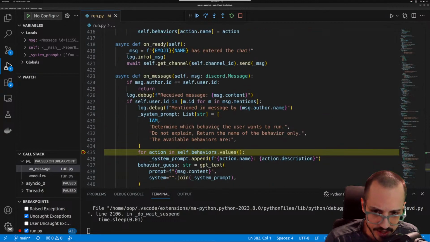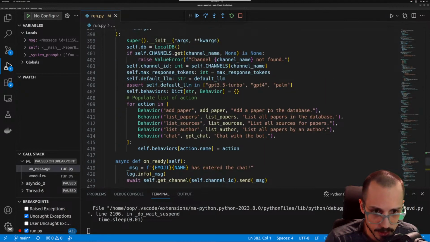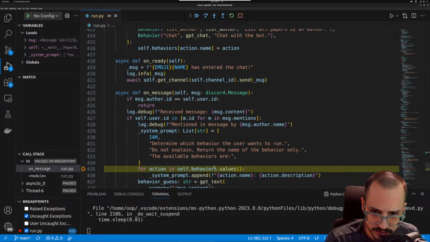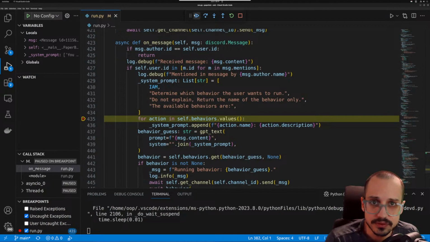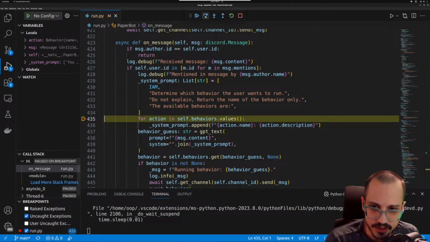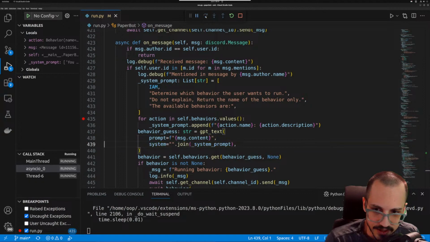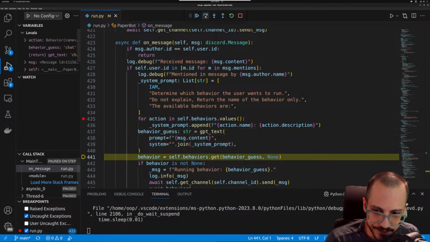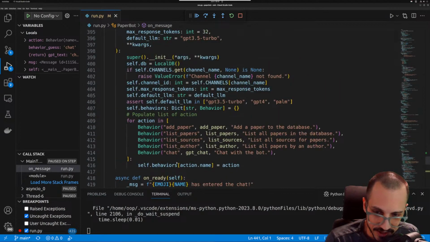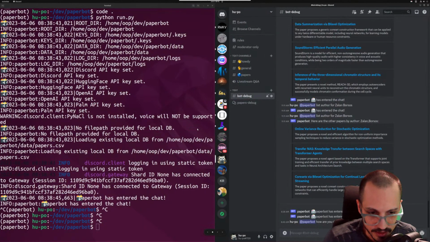And we're saying, okay, here's the list of behaviors, here's the description for each of the behaviors, and then here's the name of all the behaviors, and then hopefully if we do this, it's going to add all the behaviors, and then at some point it's going to send it to GPT. GPT is going to guess the behavior. There we go. So what did the behavior guess? The behavior guess is chat. So you see that? GPT chose chat out of these behaviors